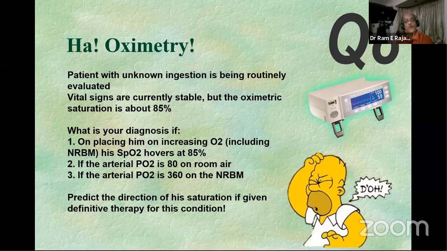I've not mentioned the co-oximetric saturation, but the fact that the patient has a reasonably normal PO2 means that his oxyhemoglobin concentration is going to be very reasonable. Am I right? So if you really look at it, there is going to be a huge gap between the pulse oximetric and the co-oximetric saturation, what we would call our third kind of gap, an oximetric gap. And this particular kind of oximetric gap is classic of methemoglobinemia.